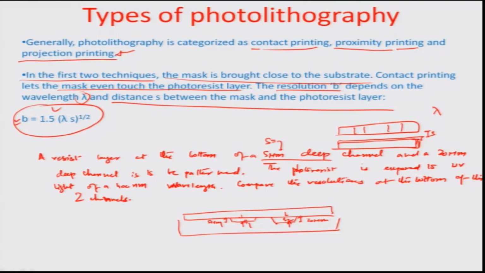So, in one case S1 is 5 microns, in another it is 20 microns, and so obviously the resolution has to change, because if I look back at the resolution formula here, b equal to 1.5 root over lambda s, the s factor here is changing between 5 and 20 microns. The wavelength lambda has been given as 400 nanometers, and we typically want to compare the resolutions at the bottom of the two channels